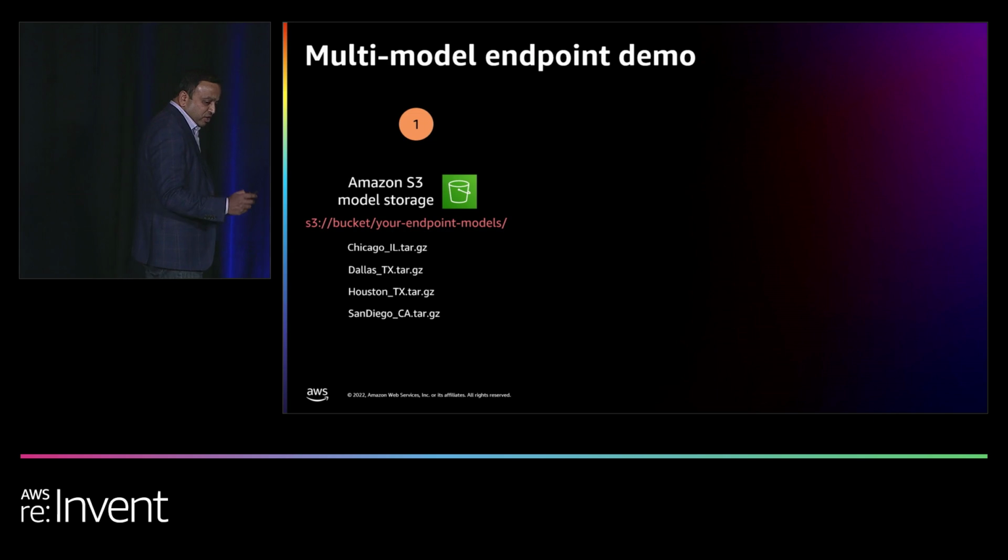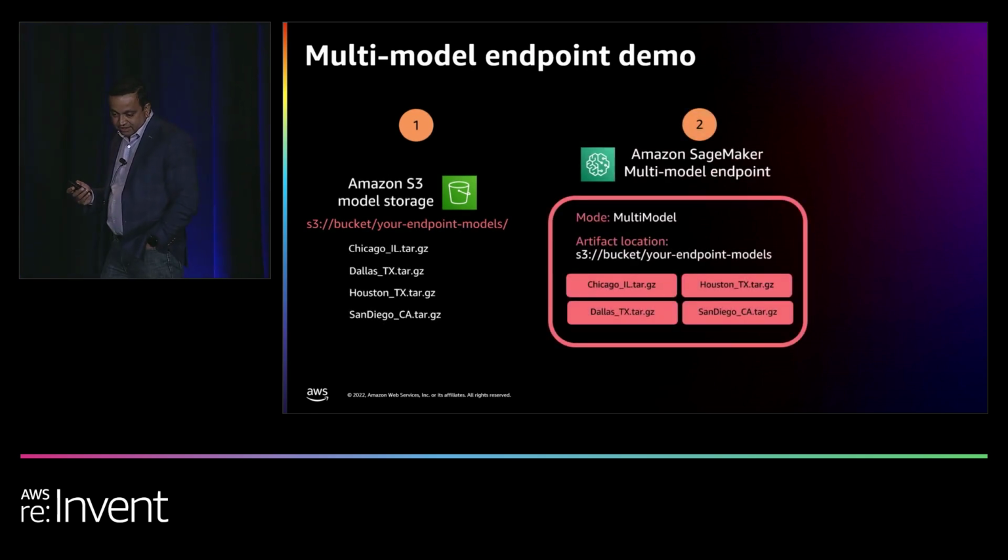Before I go into the demo, I'll tell you how it works behind the scenes so it's easy to comprehend. First, building the models: get all the models and put them into an S3 bucket. Here I have models for Chicago, Dallas, and so forth. Then once I have the models, I would specify the location where the models reside and deploy a multi-model